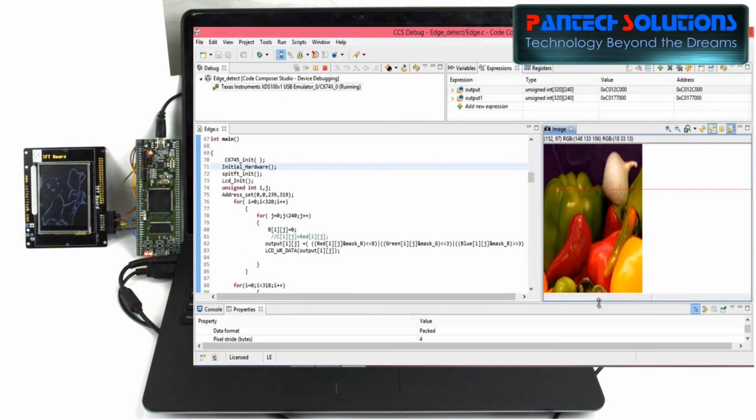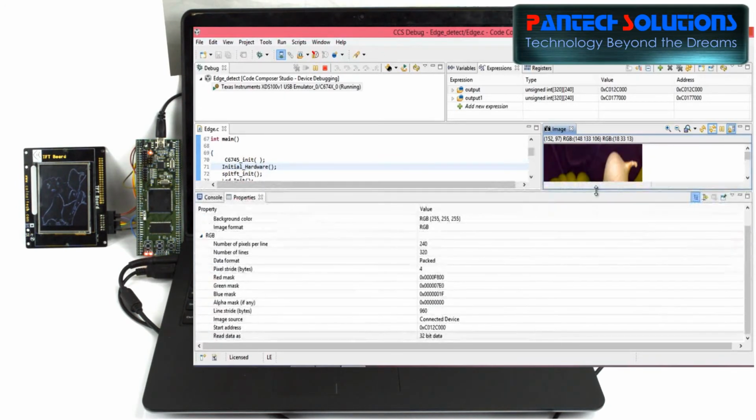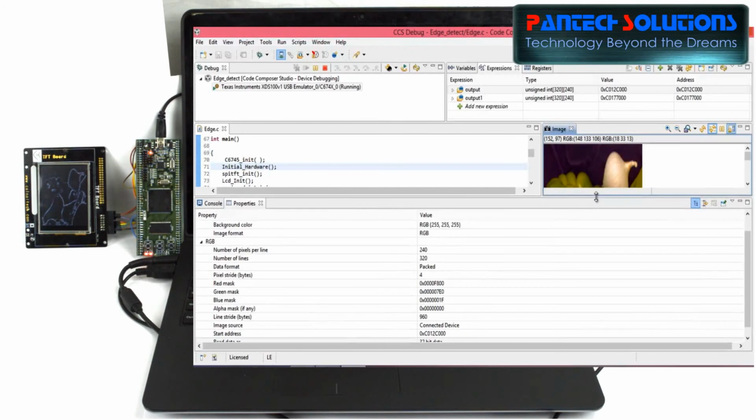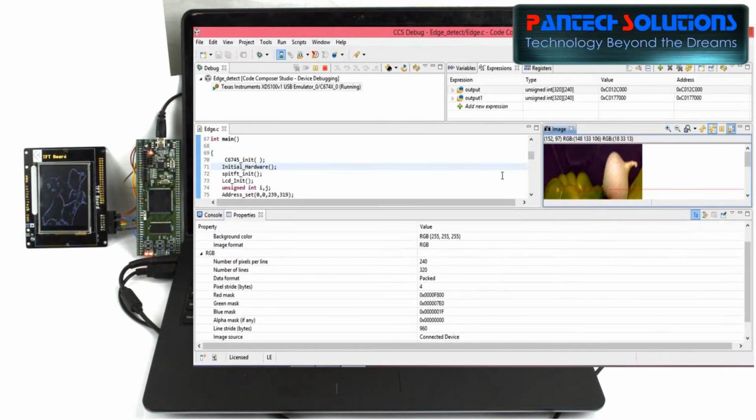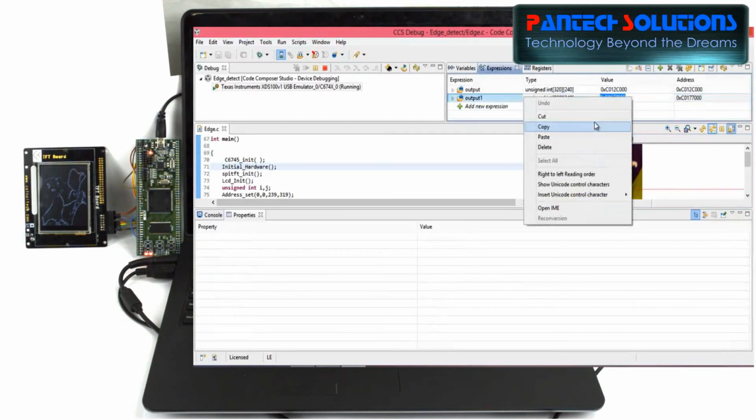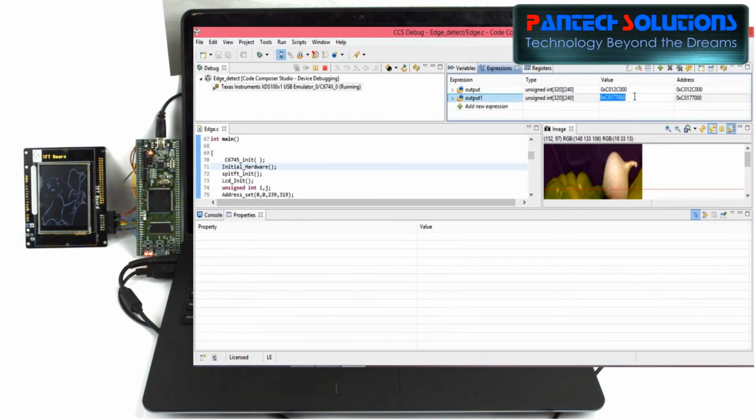So if you want to display your output image, you have to find where the output image is stored. So in this project I have stored the output image in output 1. So we have to find the corresponding address of output 1, C017700.